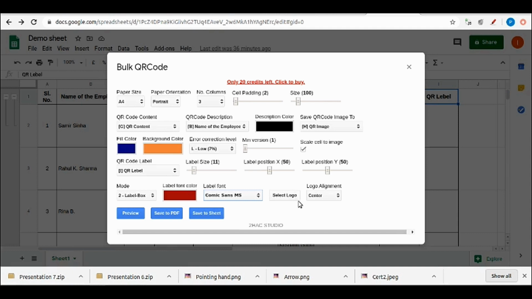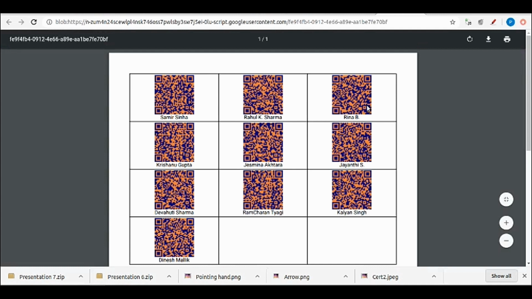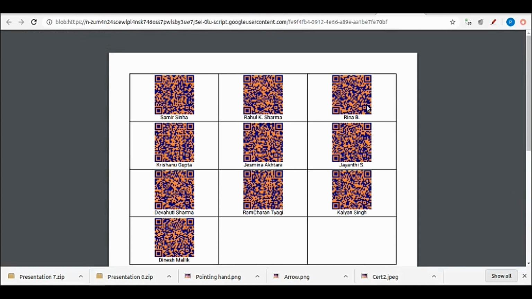And you can also select the logo if you have got your specialized logo for your organization or institution. You can select this logo, which will be embedded to the QR code to be generated. Okay, so by doing this we are almost done, and we can always preview the QR codes that have been generated against the fields or data available in the Google Sheet. So you can see 10 numbers of QR codes have been generated over here for 10 numbers of data which are available in my Google Sheet.